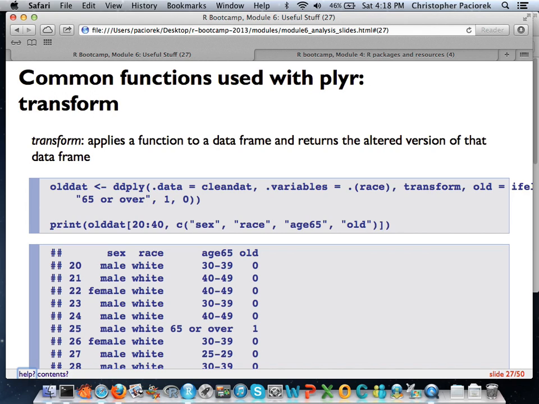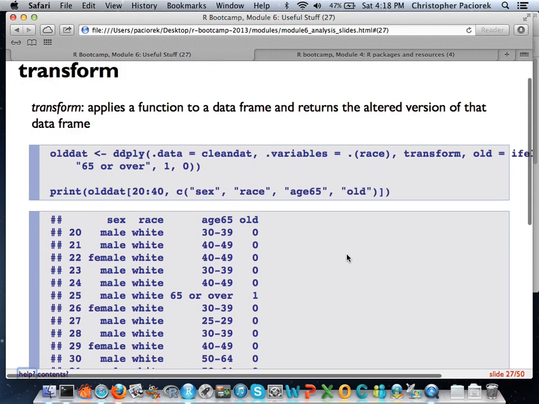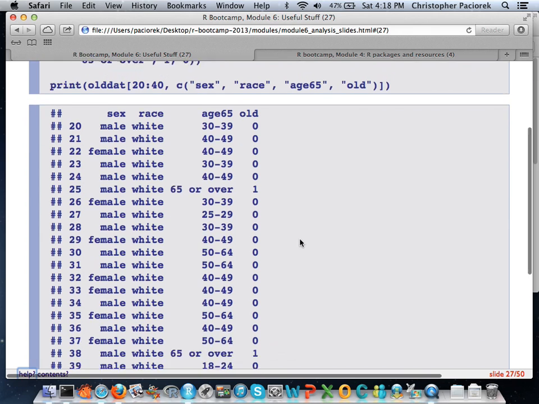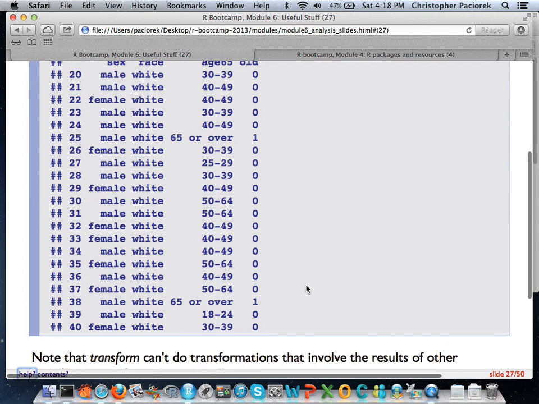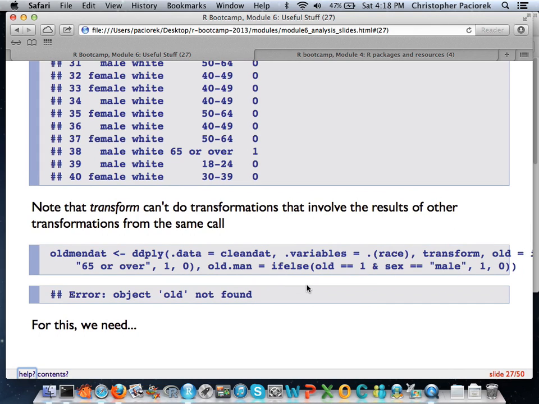We're transforming it, and we're creating this new variable, which is called old, and we're just applying the if-else function. If you're 65 or over, according to the age variable here, we're going to put 1, otherwise 0, and then this is just the printed result. You can see here, this old guy has the indicator on 1, as well as this guy down here. That's just the first 100 rows or so. So you might be thinking to yourself, well, this is great.